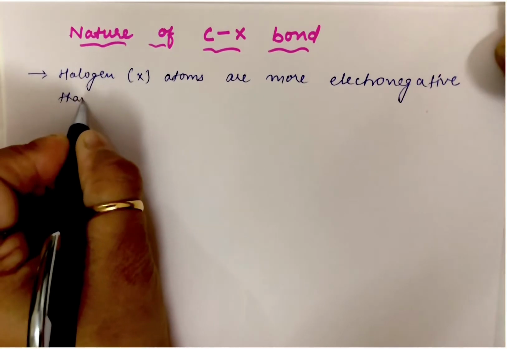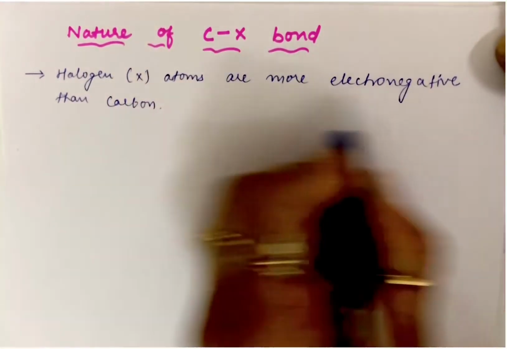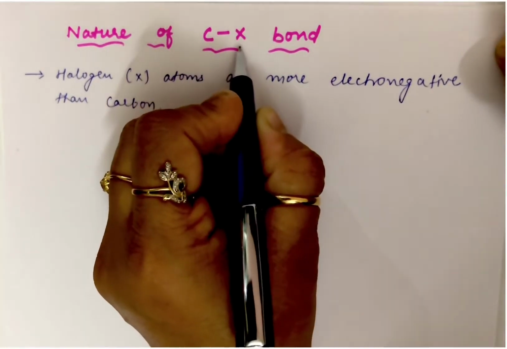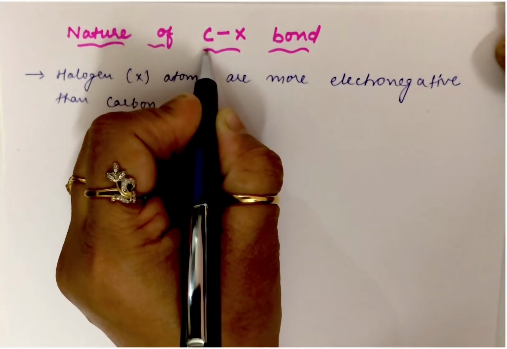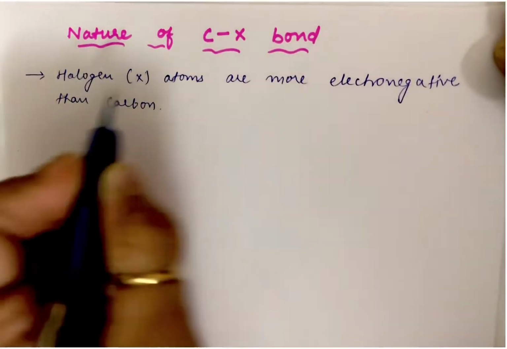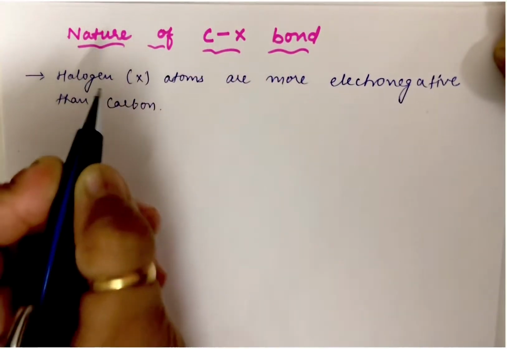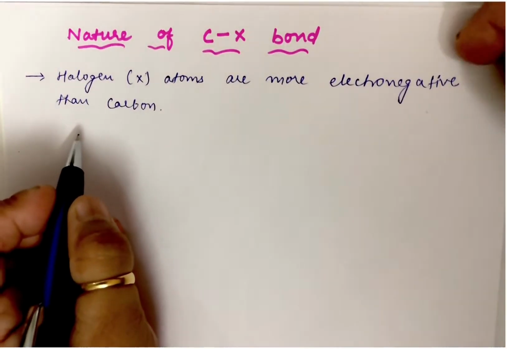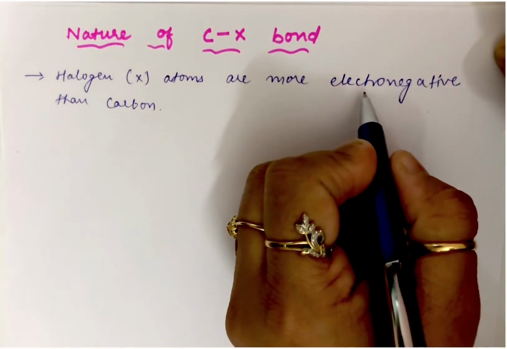than carbon. Now, when it is attached to carbon, we are discussing in this particular point the electronegative point between these two. Halogens, you know, are belonging to 17th group, carbon belonging to 14th group, and you are also aware when you are moving across a period, electronegativity keeps on increasing. So X, that is a halogen, is more electronegative than carbon in this case. Hoping that you are knowing the meaning of electronegative.